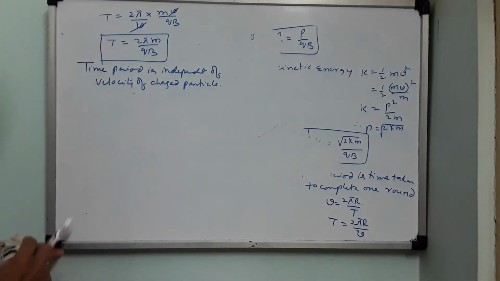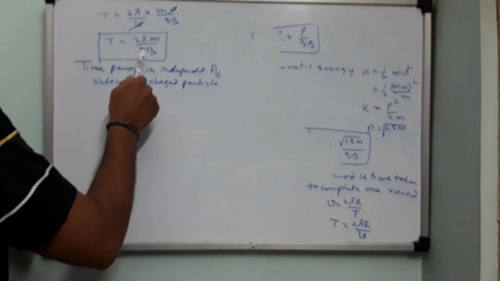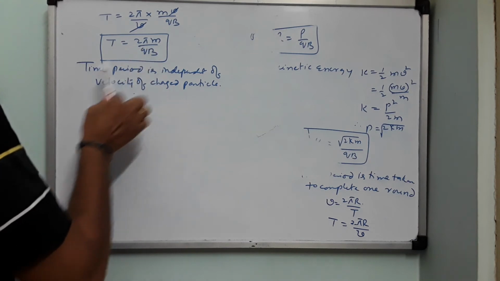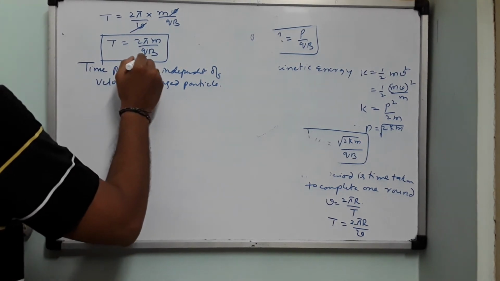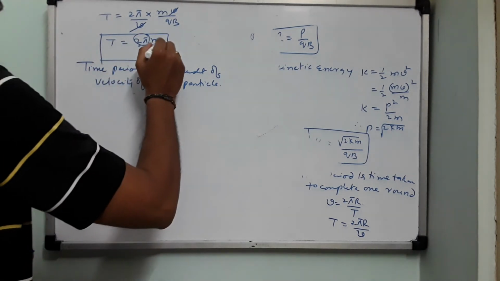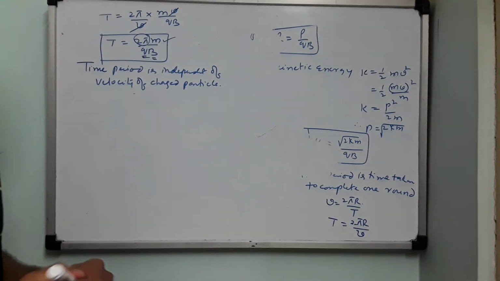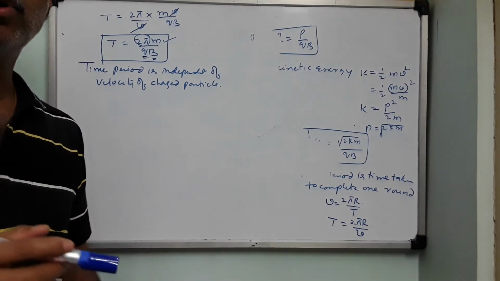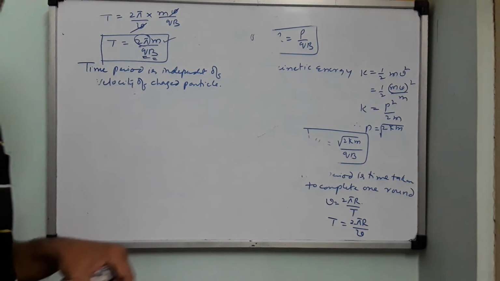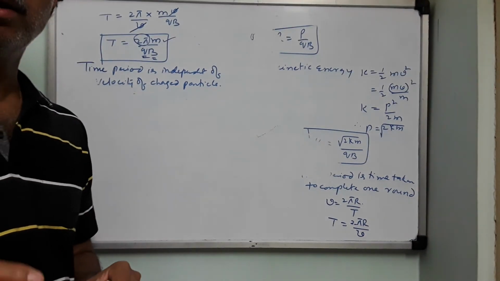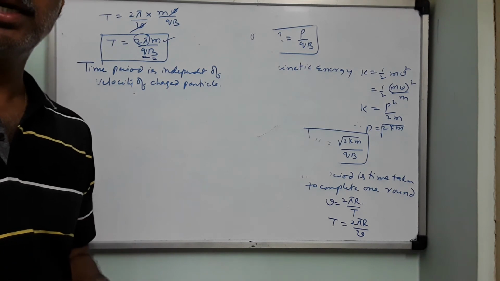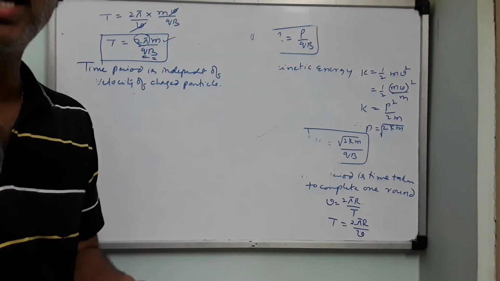So therefore, in such a case what will happen? As q is same for both the particles and both of them are moving in the same magnetic field, q is going to be a constant, B is going to be a constant, 2 pi is already a constant. Then the time period will be decided by the mass of the particle. More is the mass of the particle, more will be the time period from this equation. So therefore, proton will take a longer time to complete the circular path. Let us say proton moves slower than the electron.